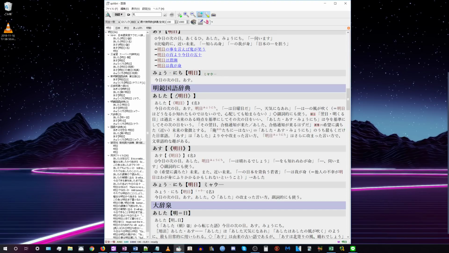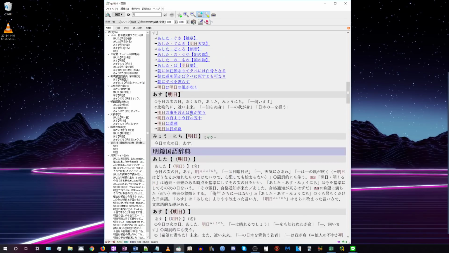And so these brackets are telling you that ashita has nothing to do with this kanji, and it has nothing to do with this kanji. And it's the same thing with asu. Now, I actually don't know what the difference is between these double pointy brackets and these single pointy brackets. They're obviously both a similar thing because asu also has nothing to do with these two kanji. But yeah, that's what those mean.